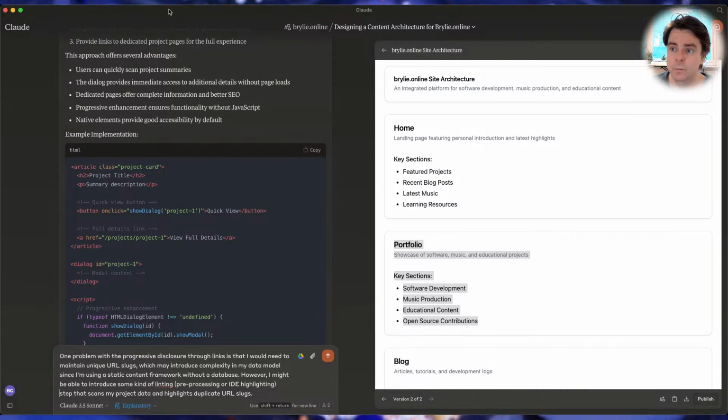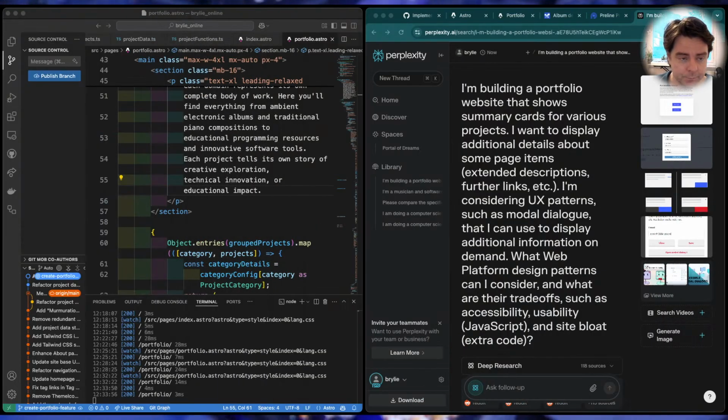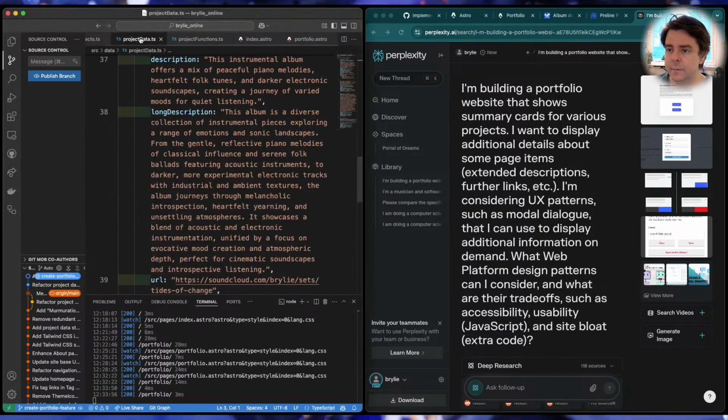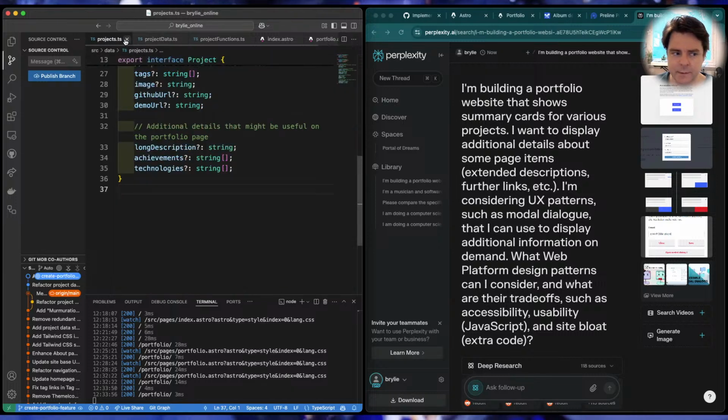That would be really cool. It's probably possible. And if I just pass it the data model,